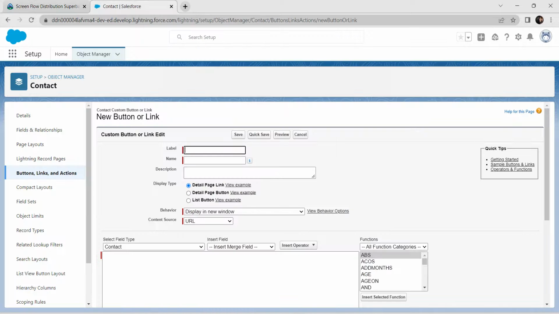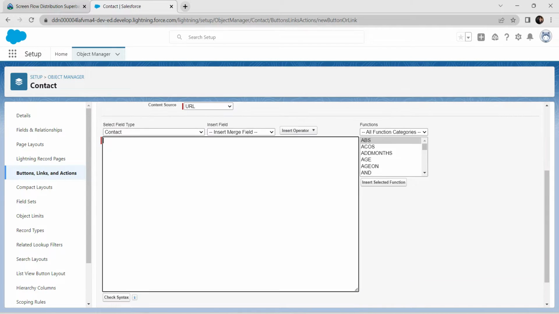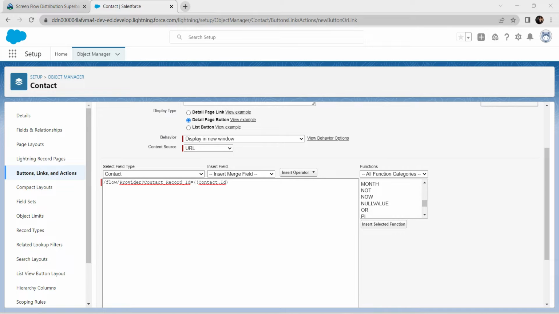Copy this and paste it over here, and the name part is auto-generated. For the display type we are just going to choose Detail Page Button